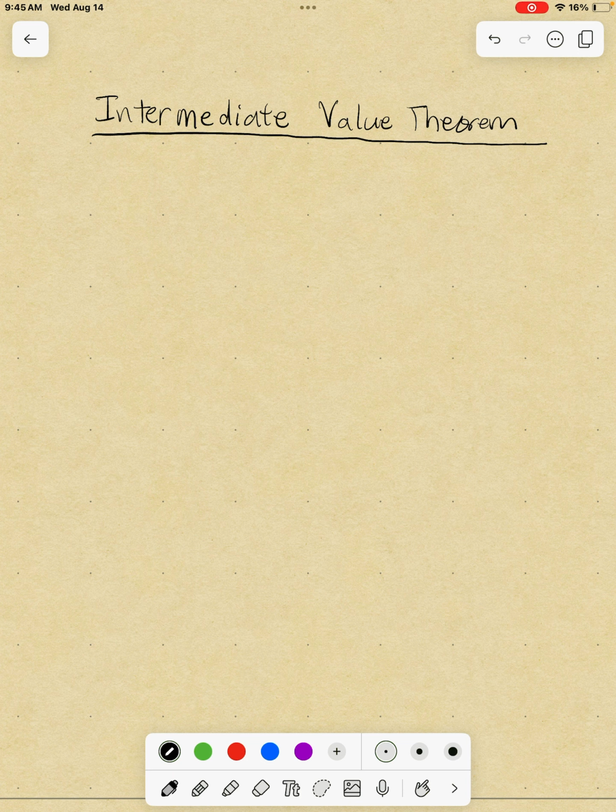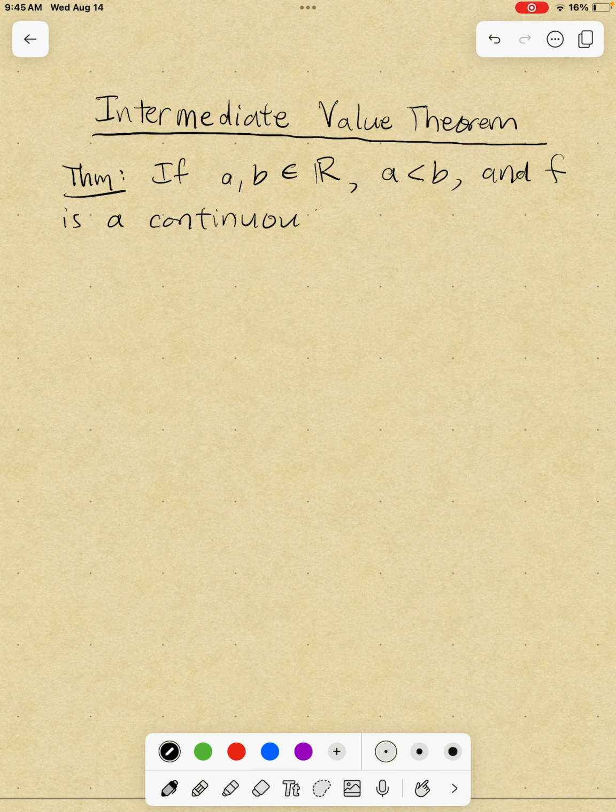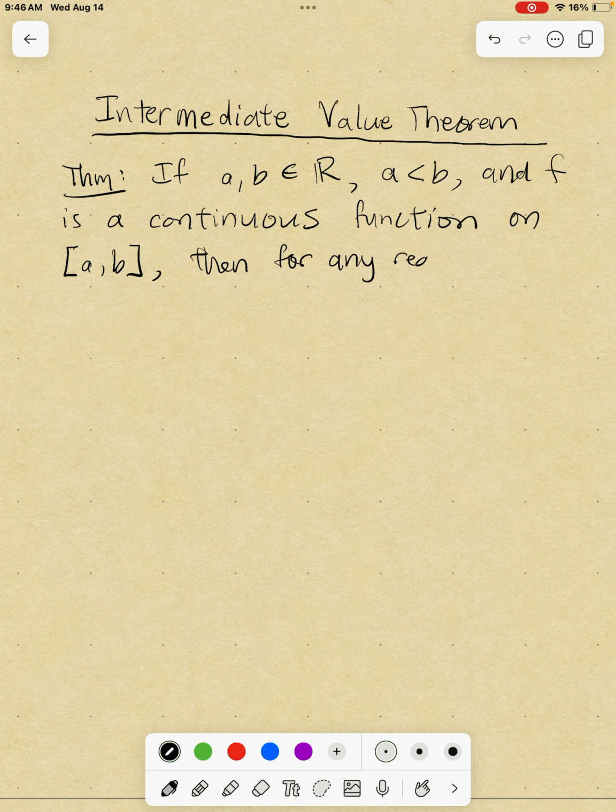If a and b are real numbers with a less than b, and f is a continuous real valued function on the closed interval a to b, then for any real number, let's call it gamma, between f of a and f of b,